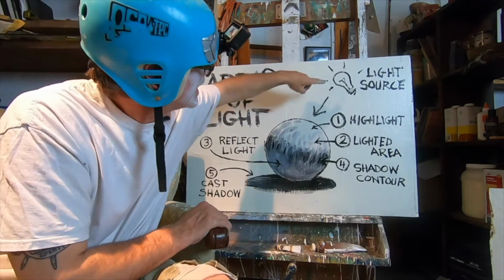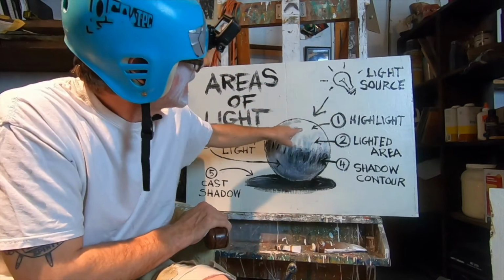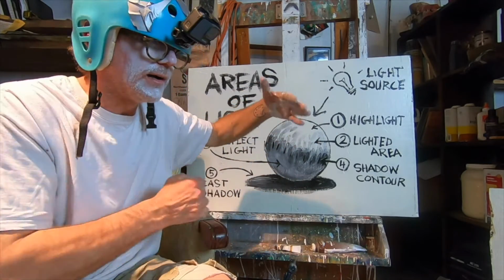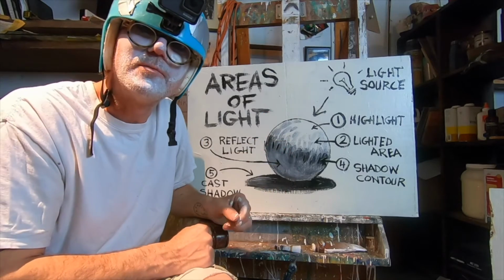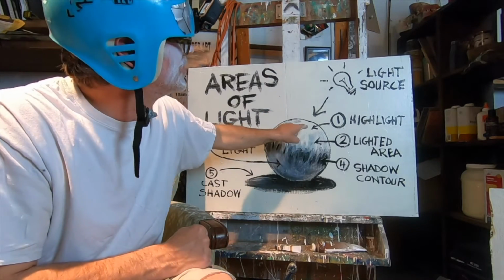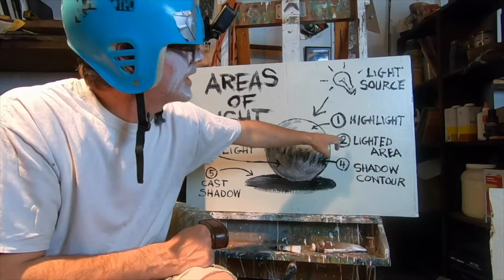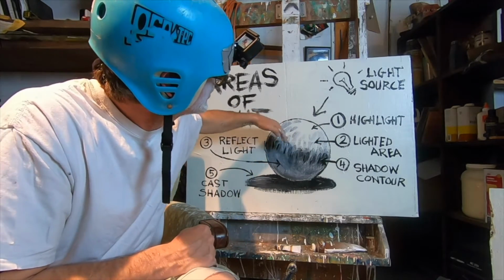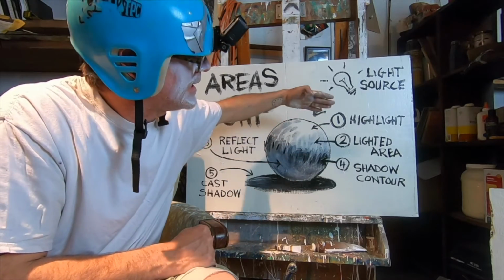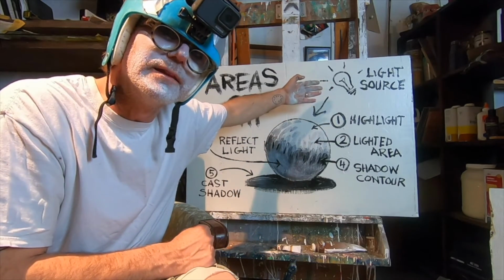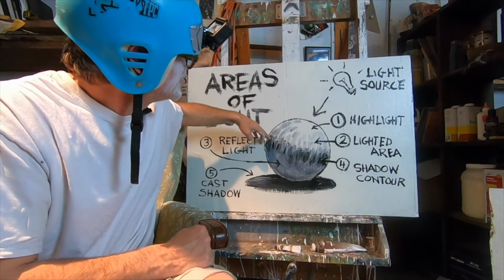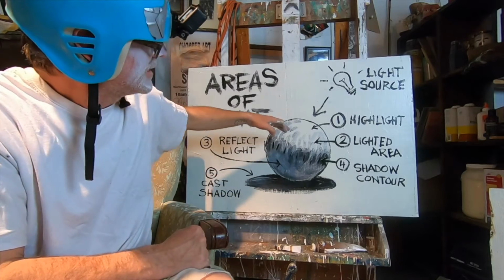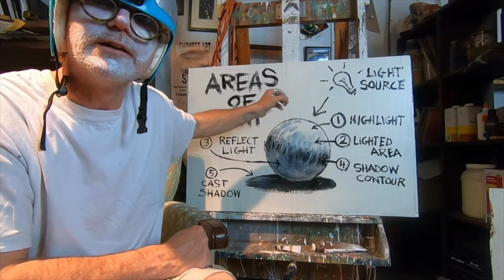You've got the light source. That is the highlight, where the light is directly perpendicular to the object. Then you've got the lighted area, which is everything that is directly hit by the light. Then you have, actually going from lightest to darkest,